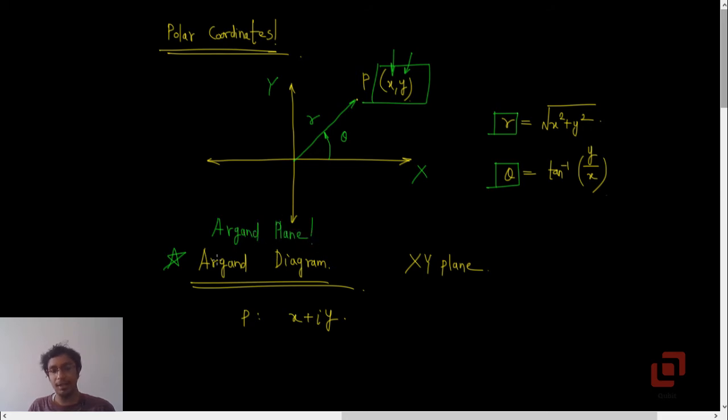So on this Argand plane, I am saying that every point P whose coordinates are (x, y) actually represents the complex number x + iy. Okay, so once you get the complex number x + iy and the corresponding point in the xy plane, then you can very easily find its argument or amplitude.